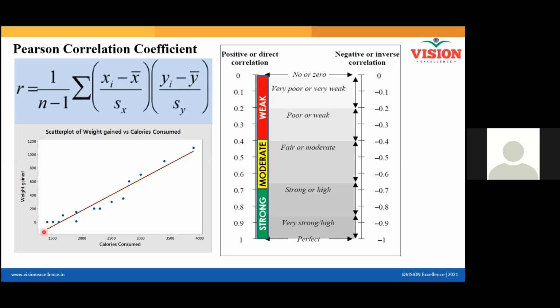And now, is it a positive correlation? It's a positive correlation. And tell me, is it a strong, moderate, or weak correlation? Strong correlation, it's close to straight. So a very simple tool called the scatter diagram is helping you to understand whether your x is controlling the y or not. The same tool is helping you to understand whether the correlation is positive or not. The same tool is also helping you to understand whether the relationship is strong, weak, or medium. Clear?